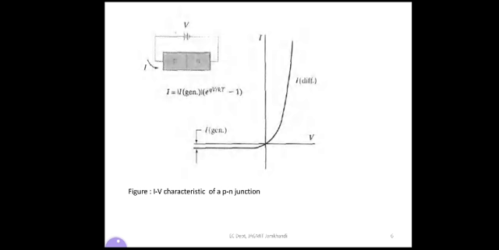The current at V equal to 0, that is at the equilibrium condition, is 0. So when the voltage is 0, observe that at the center, it is called the equilibrium condition, and the current is 0, since generation and diffusion current get cancelled. So that is the equation shown here. The first equation, I is equal to I diffusion minus magnitude of I generation equal to 0. That is diffusion current minus the generation current equal to 0 for V equal to 0. So this is at the equilibrium condition.